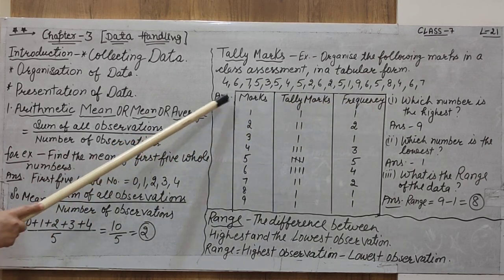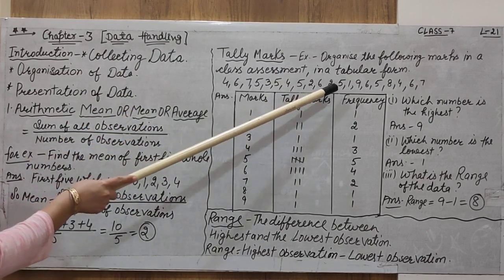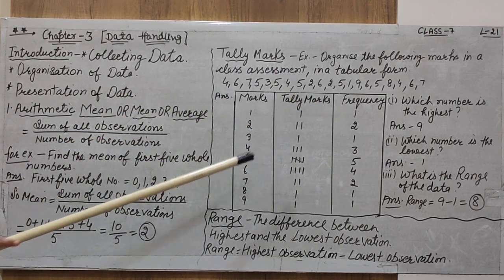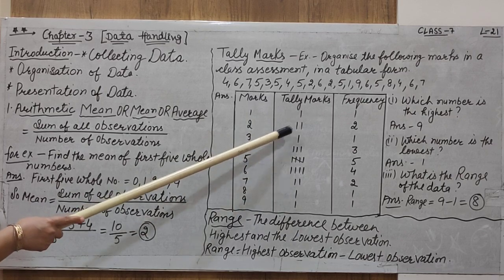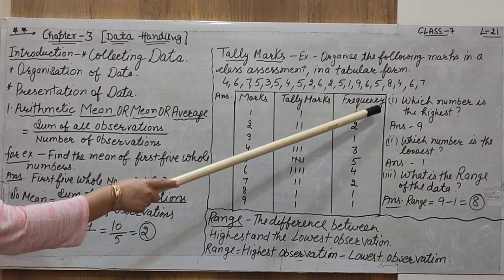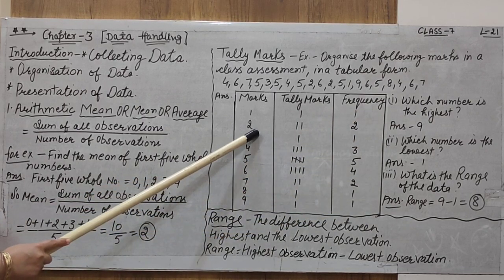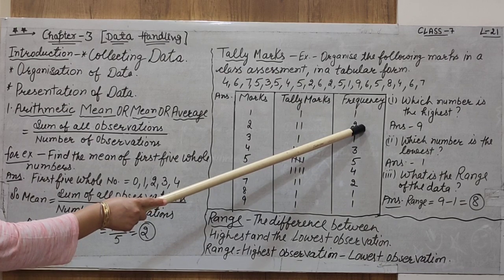You can observe these numbers. You have to make an observation of the data. Now 2 comes 2 times in these observations. So we have to put the tally marks in; how do we write the tally marks? Frequency. Frequency means how many times the number is repeated. 2 comes 2 times. That is the frequency.